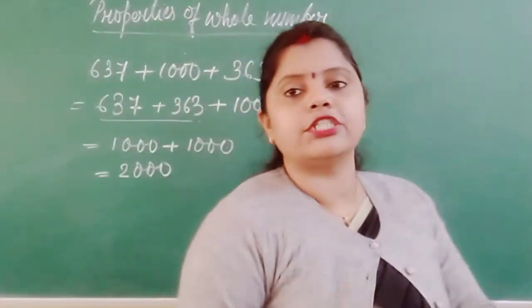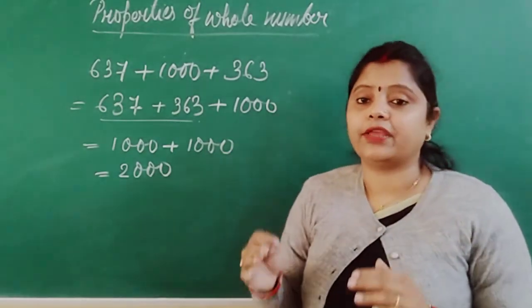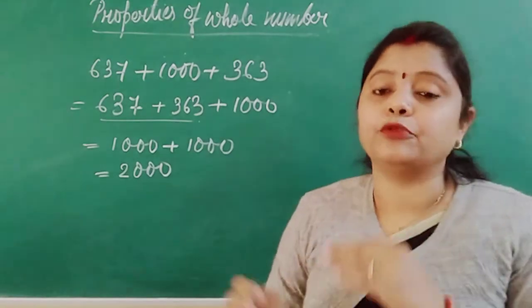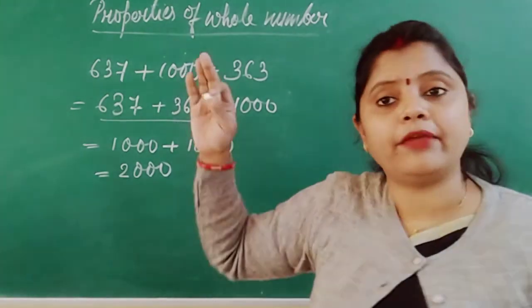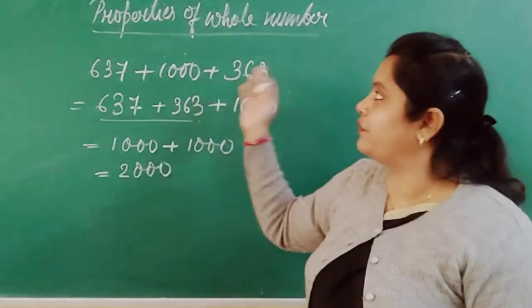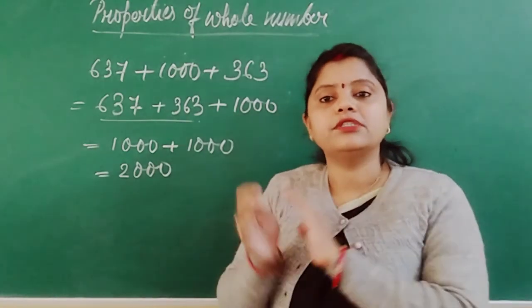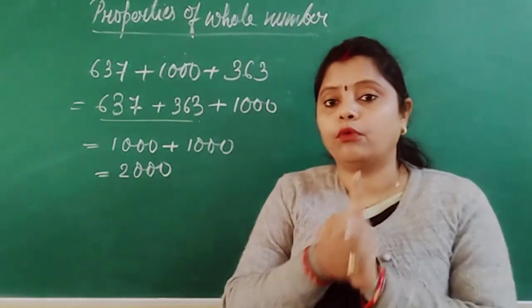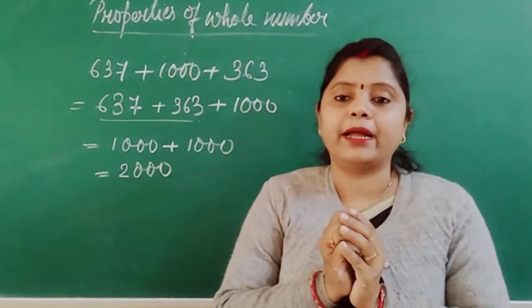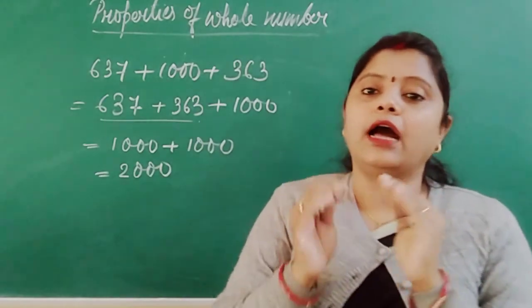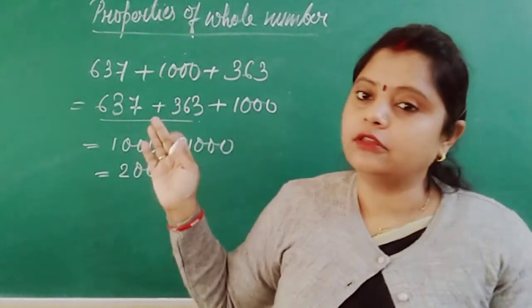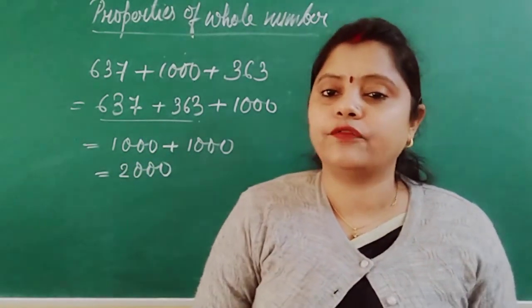This way the question can come and we can solve it and get the answer. It is our work to make the work convenient, to make the answers easy by following these properties. And if the question comes which property is associated in this question, obviously this is the associative property. What is your work? You have to choose those numbers which, when they combine together, when they add together, the final answer will become easier. In this way you can solve the questions related to the properties of addition.